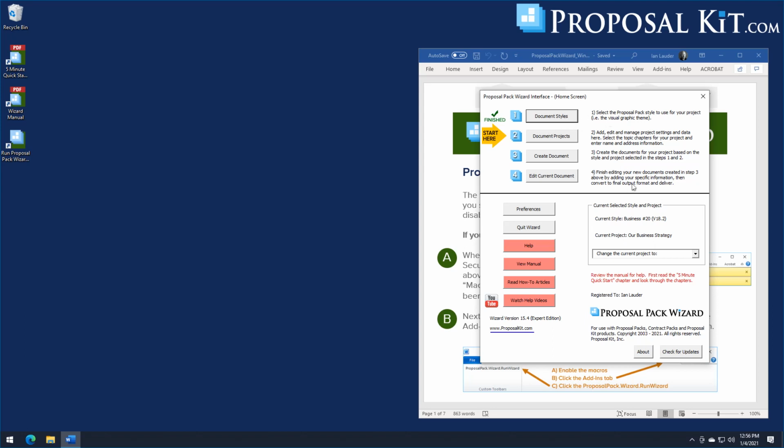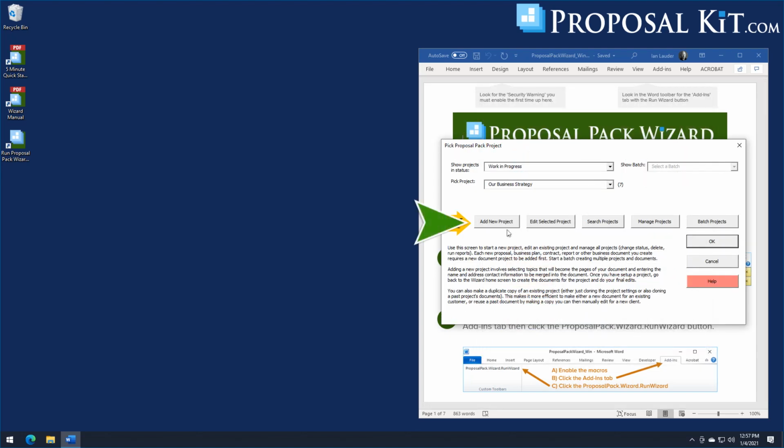So we're going to illustrate this with our business number 20 design theme. Now note we have hundreds and hundreds of design themes, so whichever one or ones you've purchased will be your design themes that you can select in the Wizard software and that all of your created documents will look like. So whenever we're going to create a document in the Wizard, in this case a handbook or instruction manual, we'll click the Document Projects button, same as if you're going to create a proposal, Add New Project,